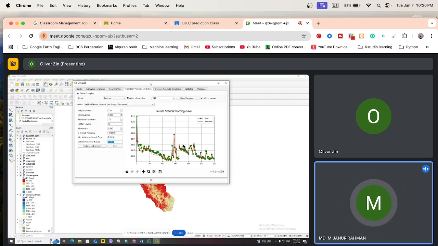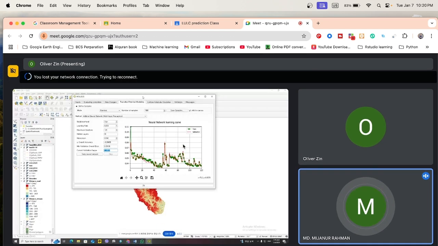We can also do another one, in this case we look at the hidden layer. So you also try to,